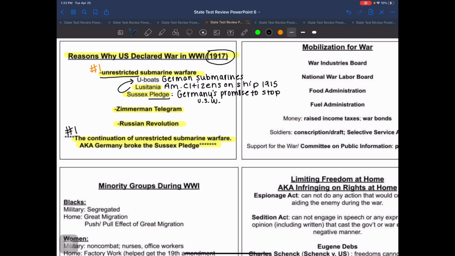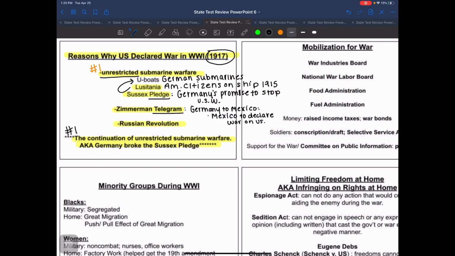And that leads us to what is called the Zimmermann Telegram. And the word telegram, this means a message. And this message was intended to go from Germany to Mexico. And what this message was asking, all right, we've actually got quite a few details we need to get here. What this message was asking, and number one, is it was asking Mexico to become an ally to Germany, and for Mexico to declare war on the United States.